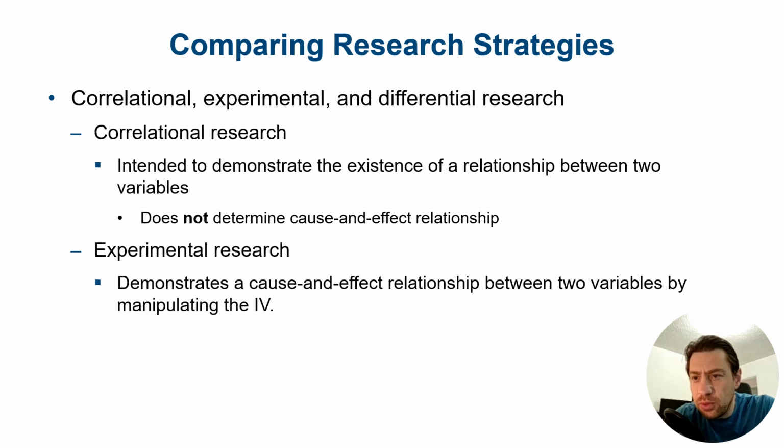All right, so before we proceed and discuss the gory details of correlational research, let's take a moment and compare it to strategies that we've discussed thus far. So for example, experimental research. The goal there is to demonstrate a cause and effect relationship between 2 variables. And this involves manipulation,